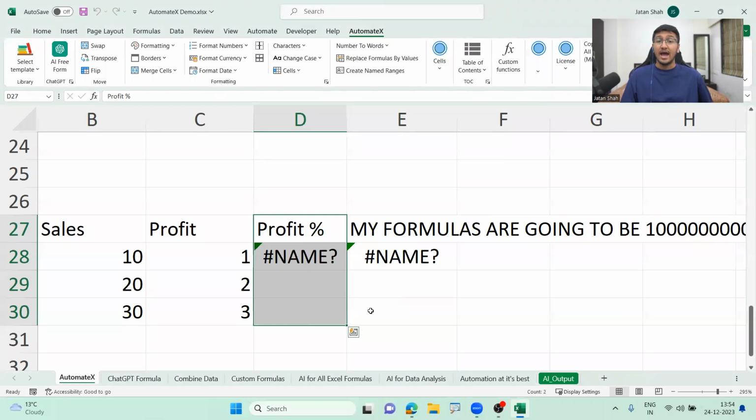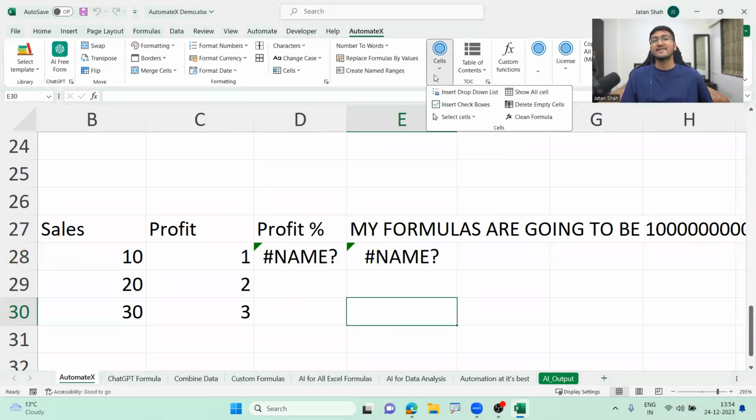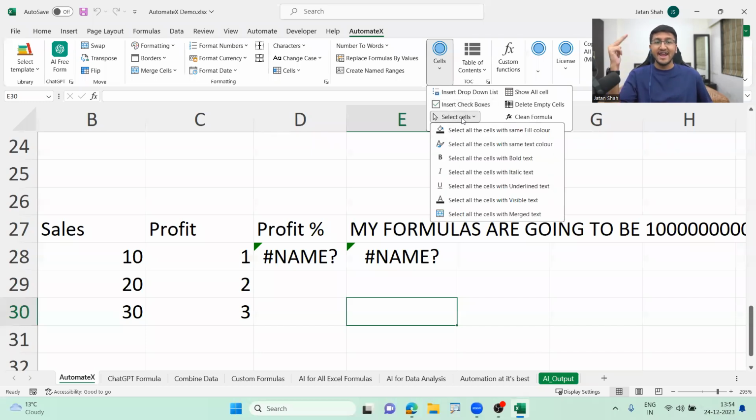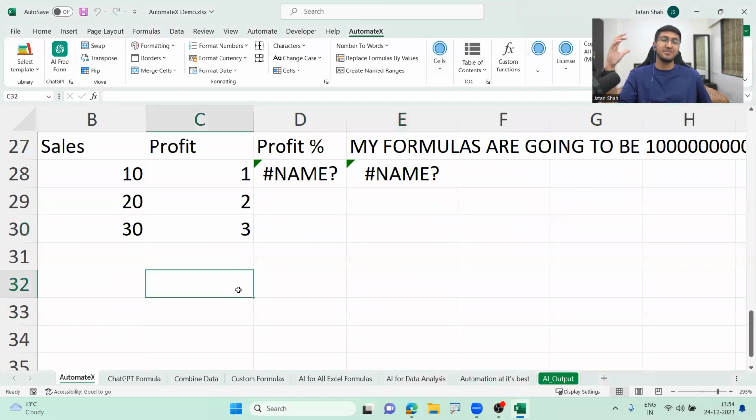All right. After that, you have an entire section called cells, which will allow you to insert a drop-down list, insert checkboxes, select cells, and again, you can select all different kinds of cells. For example, only select the cells which have bold text. Create a drop-down list for all my items. So for example, if I